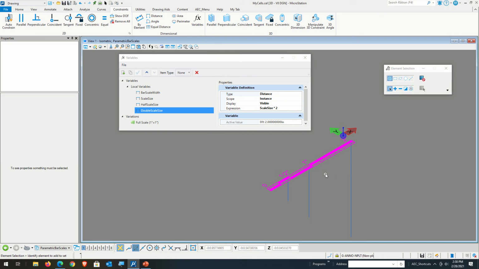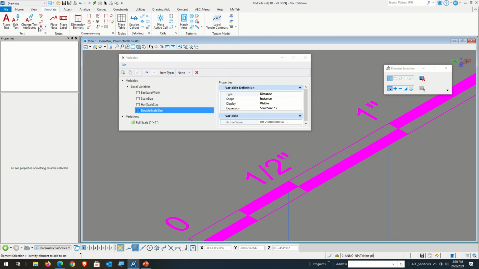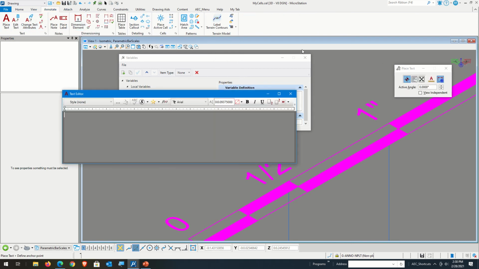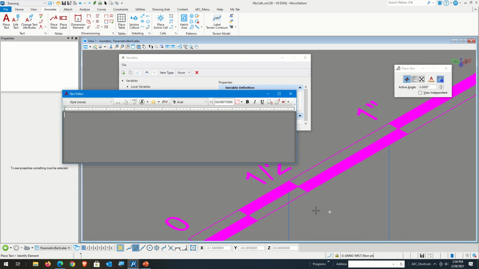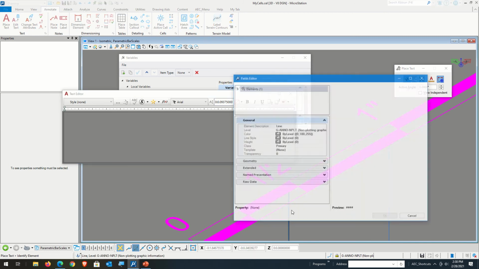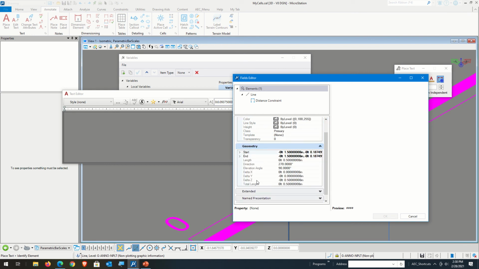But now I want to place text again and affix it to the endpoints of these lines here. So I'm going to come back to my annotate, place my text. My text is going to be a field. It's going to be an element property of that line, and I'm going to look at its geometry, and I'm going to find its length,